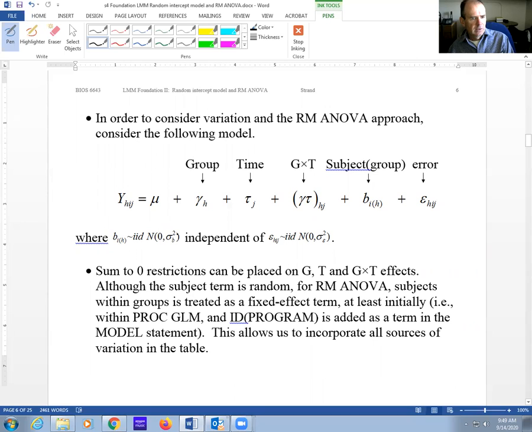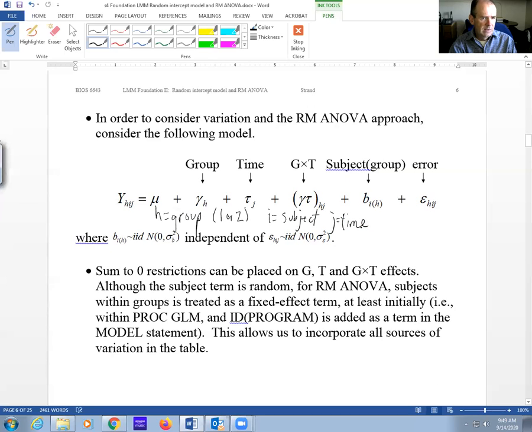My indicators: H is going to indicate the group. So that's 1 or 2, it goes up to 2. I is going to be subject, and J is going to denote time. So this is typically what I do. A lot of longitudinal models, I'll have Y_ij, subject and time, but sometimes it also helps to add H to indicate if you have a group. So you'll see this pretty commonly done.